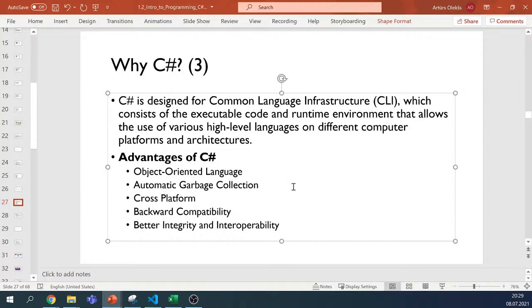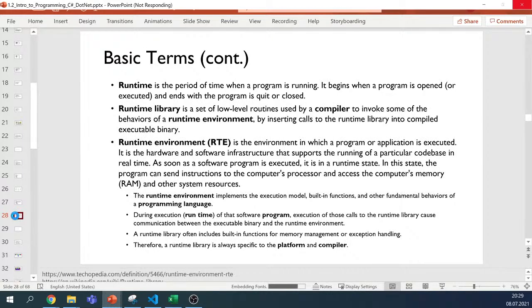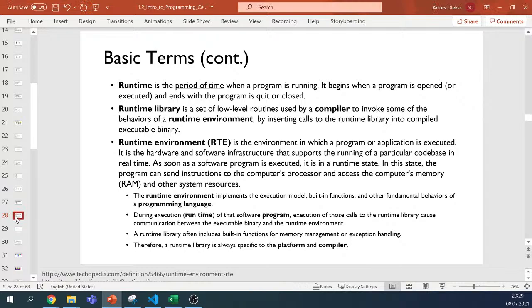Cross-platform, so it can be used on different platforms, with backward compatibility and also better integrity and interoperability in general. It's quite a modern language. And also in terms of the C# language itself, there is the runtime, that's the actual time, the period, as it says here, when